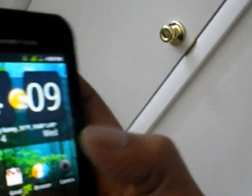Speaking of battery, yes, I know, I'm getting to that. Juice Defender. So I'm going to unlock with pattern. Take this off. Okay. The next app I want to get into, Juice Defender. Juice Defender is good because, as you can see, it'll look like this when you get the app. I'm going to enable it